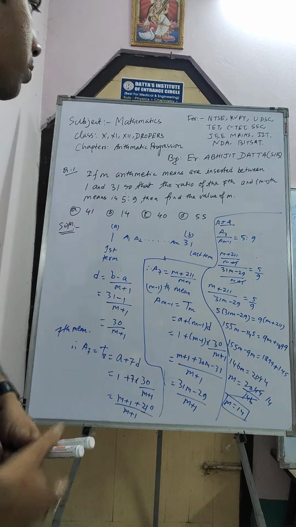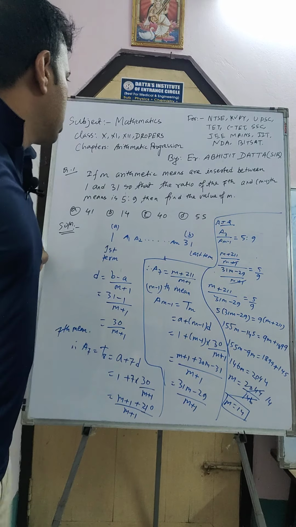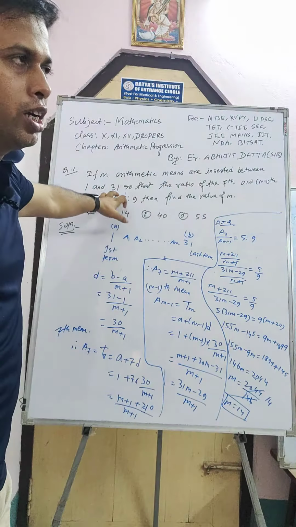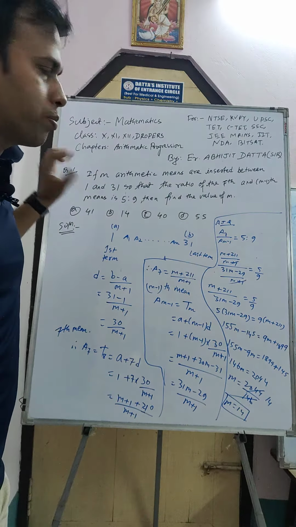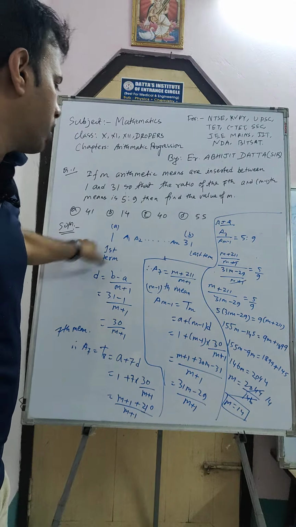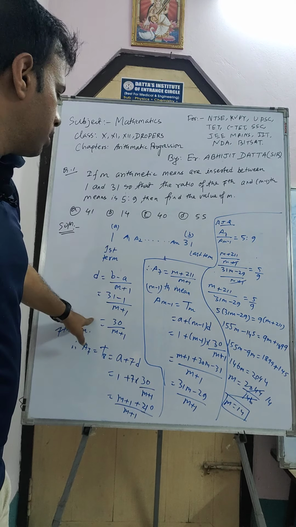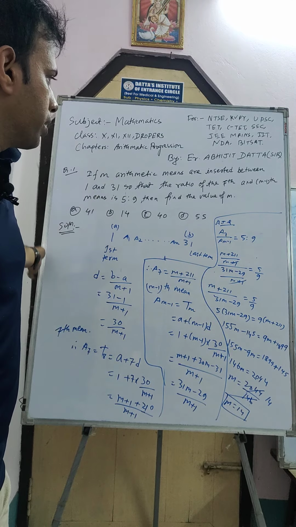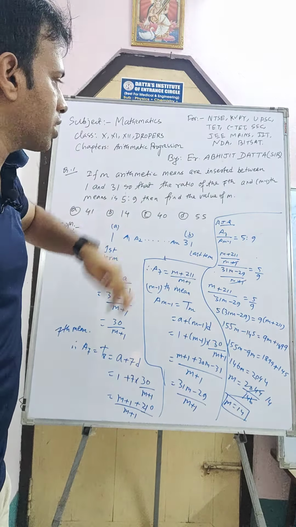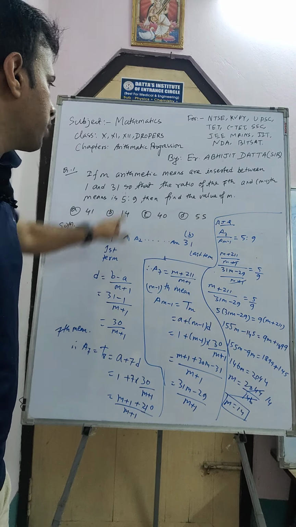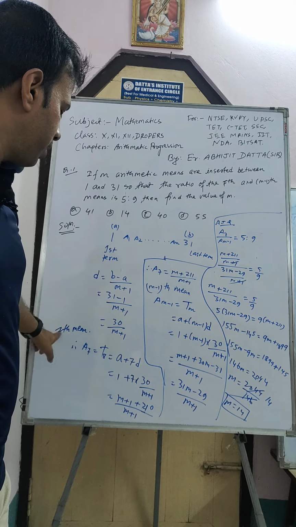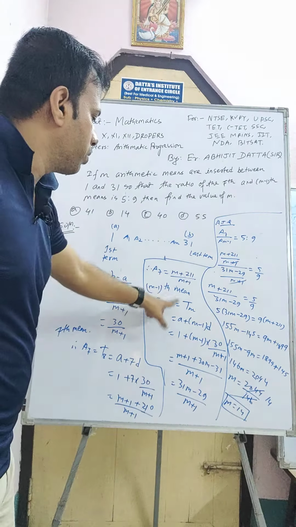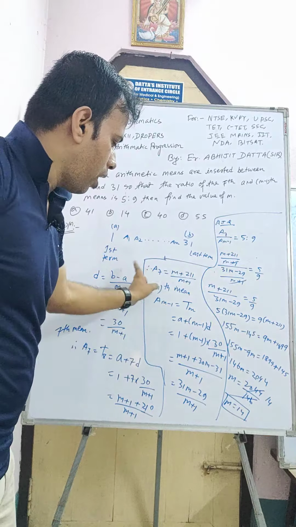Okay, so let me explain in 30 seconds again. What is given? There are two numbers given. This one is 1 and another is 31. We have to insert m arithmetic means here. This one is the first term, this one is the last term, and from that I find the common difference using the formula. Now they also gave that the ratio of the 7th term and the m minus 1th term is 5:9, then find the value of m. So I first find the 7th mean a7 using this formula, and the m minus 1th mean, a m minus 1, is tm. After simplifying, this one came.